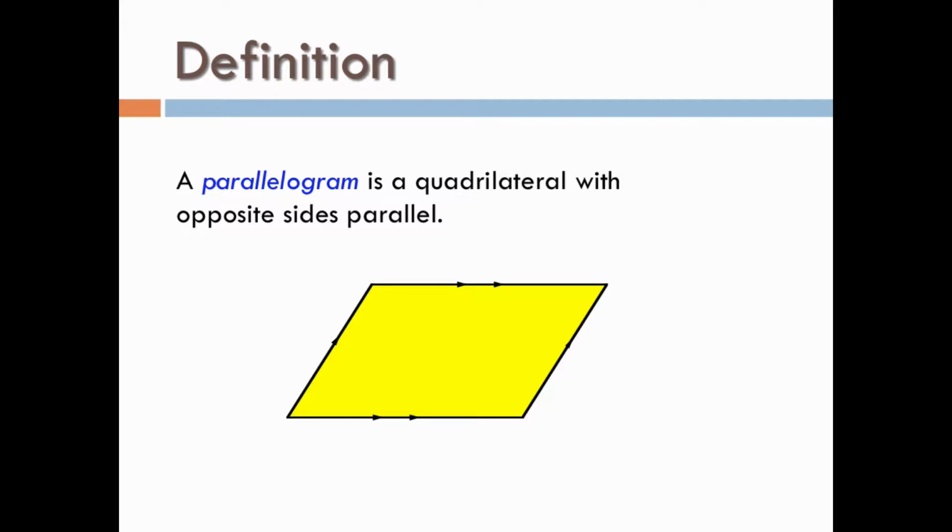Dan? It has four sides. It has four sides, but we already took care of that in the definition by stating it's a quadrilateral. But still a true statement. What do you got? It has two sets, or two pairs of